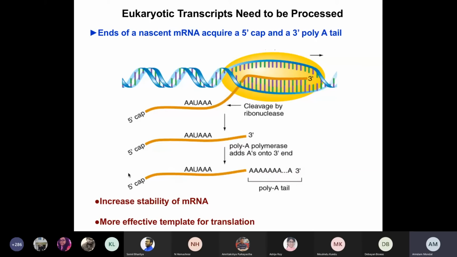So even if the exonuclease, which can chew up the RNA from the 3' to 5' end, can recognize the poly A tail and remove a significant portion of it, that is not going to impact the overall structure of the mRNA, because the actual coding information resides within the mRNA, not in the poly A tail. The poly A tail is only for the stability of the mRNA. Okay, so this is how the cap as well as the poly A tail both can increase the stability of the mRNA.